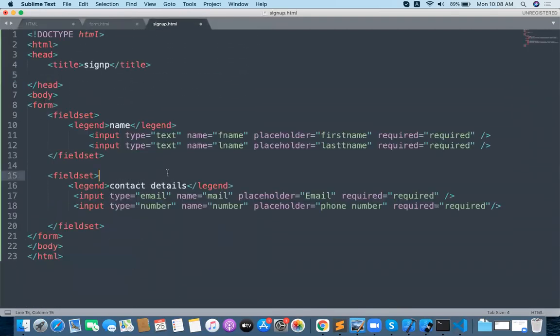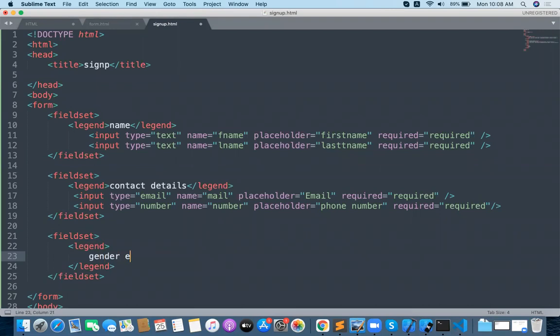Now, this is the contact details I provided. Now gender selection. One more fieldset I am taking now: fieldset, gender selection, with a legend that says gender selection, and the legend is over.